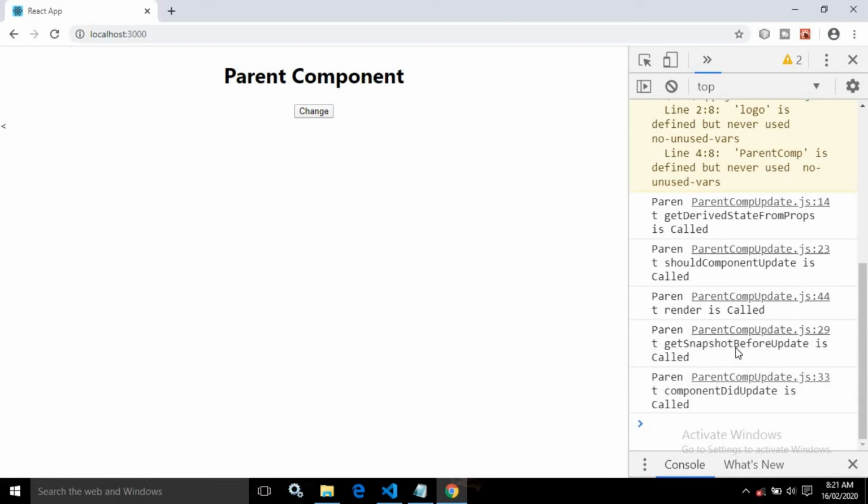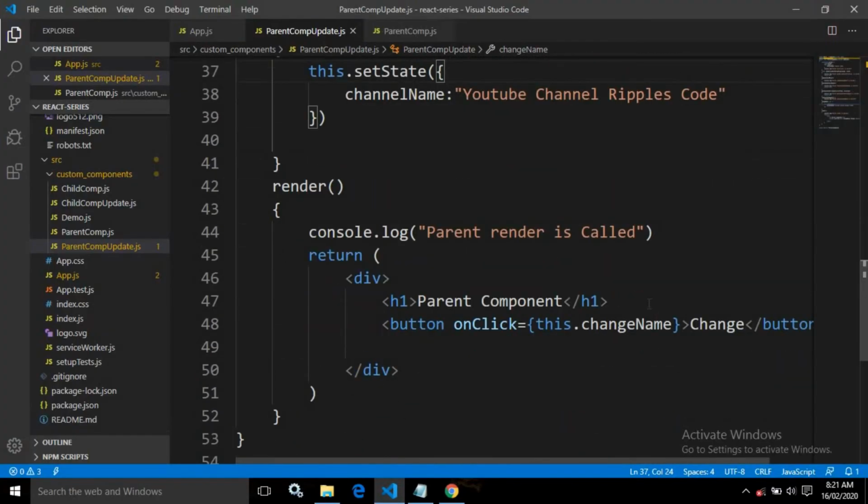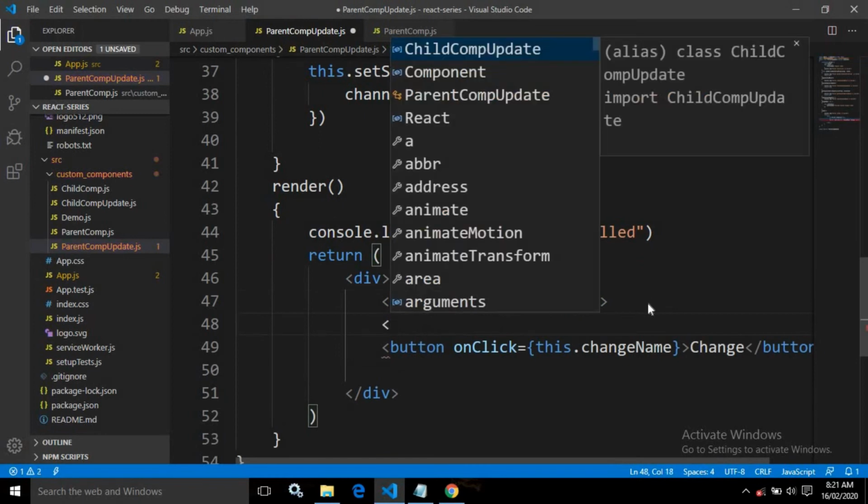Then parent getSnapshotBeforeUpdate is called. And then parent componentDidUpdate is called. This is the sequence or order in which the lifecycle methods for the updating phase will be called for the parent component. Okay. Now here what I will do, inside this parent component, I will use one more component, that